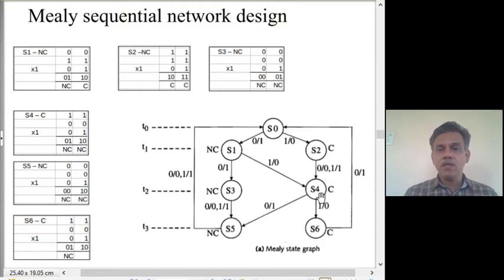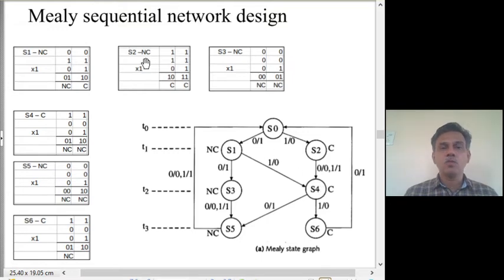And why are S3 and S4 different? We need two different states, because in this state there is a carry, in this state there is no carry. And again, that is different from S2 because S2 is also carry, S4 is also carry. But in S2 we remember that only 1 bit has been processed. In S4 we remember that 2 bits have been over.